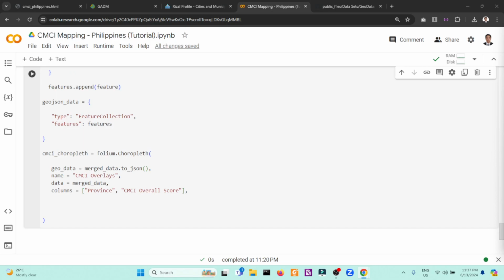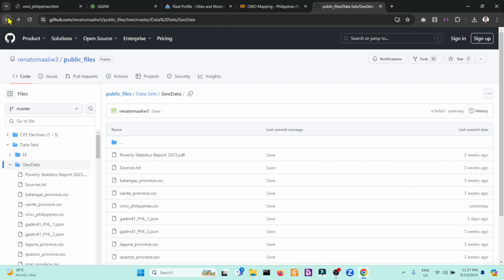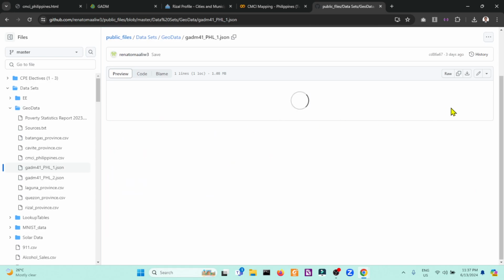And another one, after specifying our columns, we need to have the key on feature. So be very specific on this key on feature. Since this is a JSON file, we have a feature dot prop. But first, let me show you the JSON file. This is our data, which is geodata. This is the GADM level 1 map.